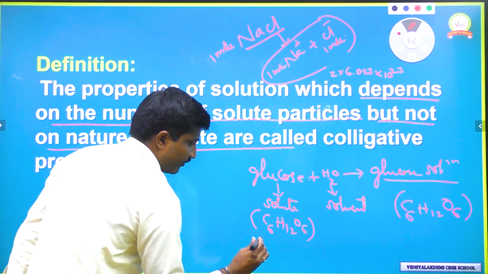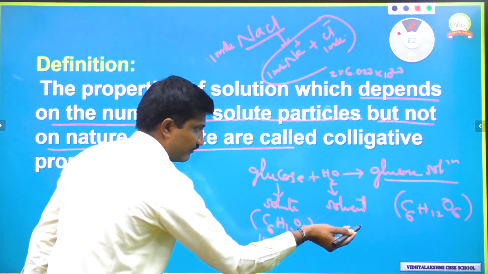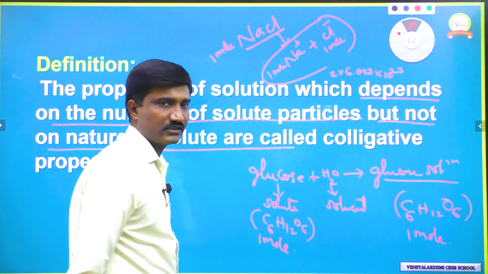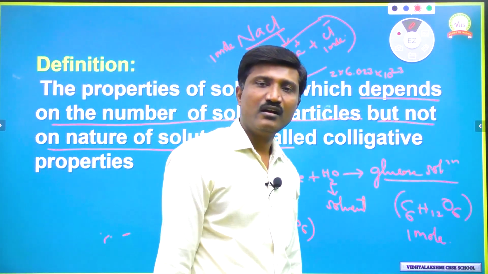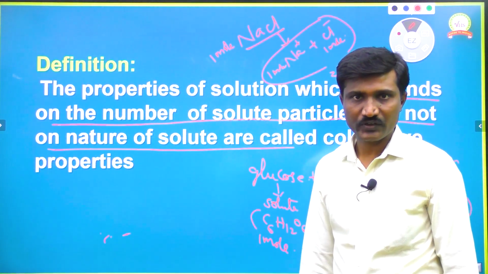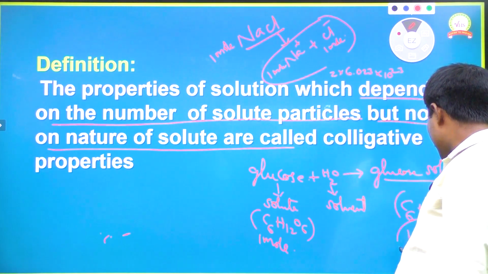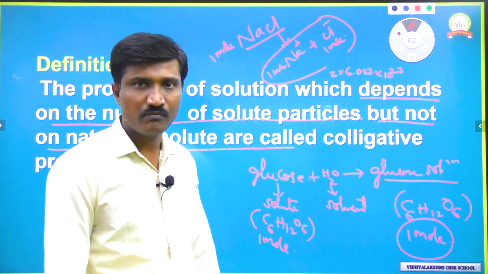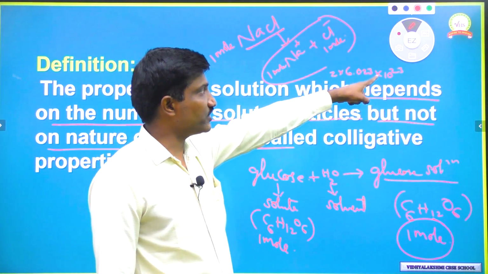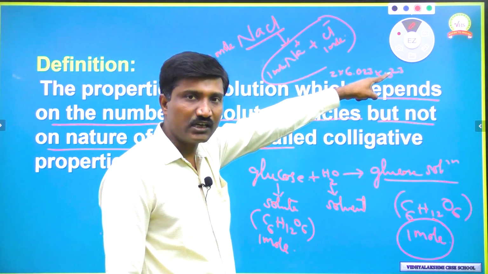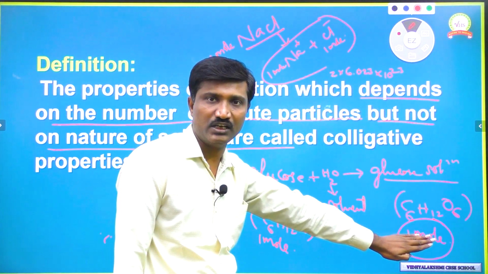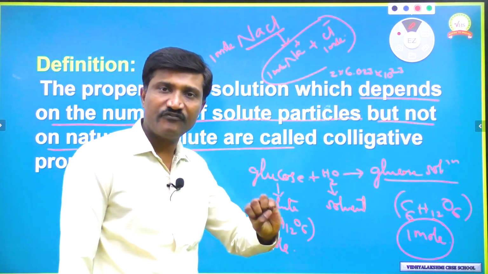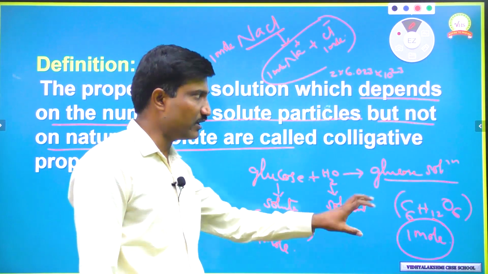Okay, if you take 1 mole of glucose and dissolve it in water, the same 1 mole of glucose molecules is present in it. Since it does not dissociate, the number of molecules does not increase. So here only 1 mole of glucose is obtained, which contains 6.023 into 10 power 23 glucose molecules. But in the NaCl solution, 2 into 6.023 into 10 power 23 ions are present, so compared to the number of molecules here, the number of ions is double. If we measure a few properties of the solution, we will discuss later what those properties are.